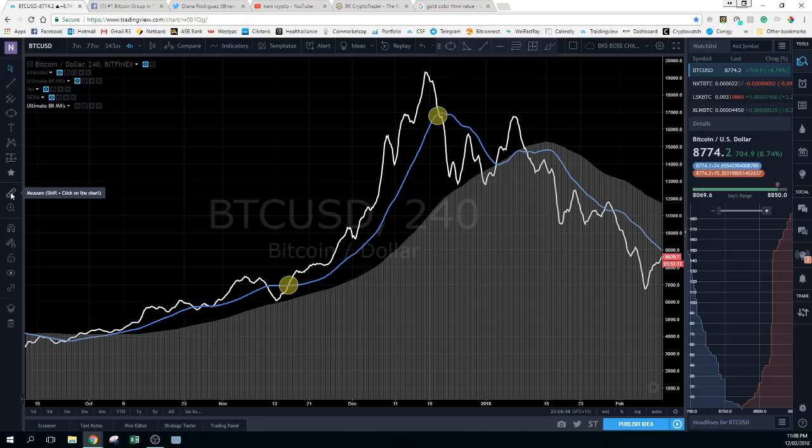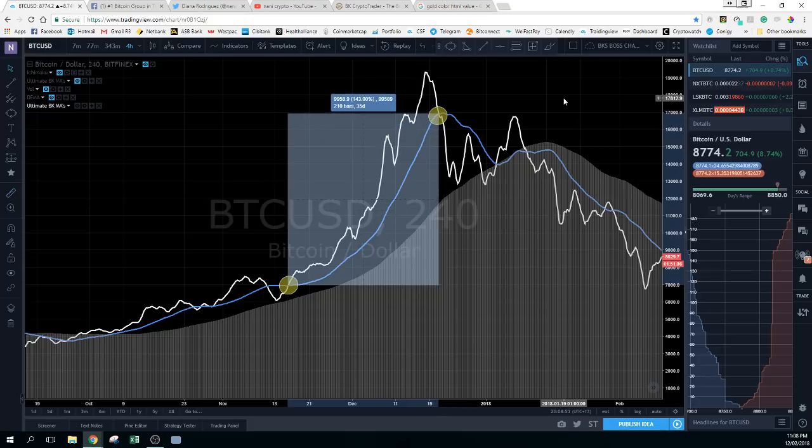You can use this ruler here and it can show me. I would have made 143% on a purchase. That is some pretty good profit. Now, there's obviously a lot of things we have to keep in account when we're using the boss method. What I've just explained is the simple rule: white above blue, buy, blue above white, sell,